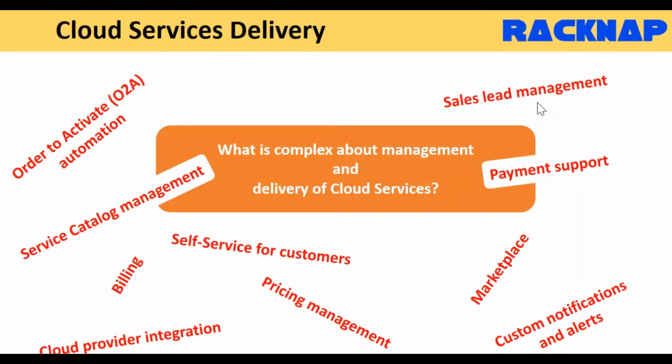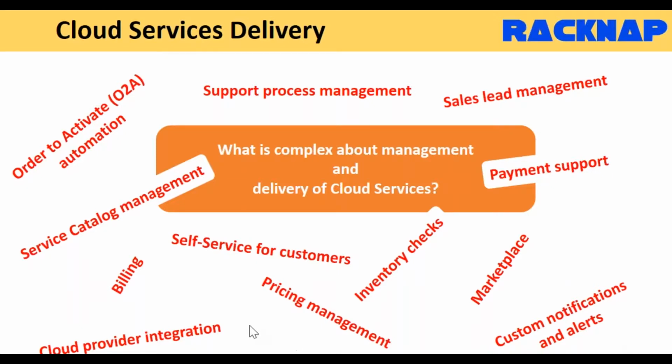And then we have sales lead management, because you cannot survive with the existing captive customer base. You need to expand your reach. You need to increase your leads. So sales lead management is very crucial. Support process management is crucial. Inventory checking is crucial. If you think about it, it's a huge number of things to consider to be able to manage and deliver this. It might be mind-blowing for someone to think that there is a huge amount of things to take care of.